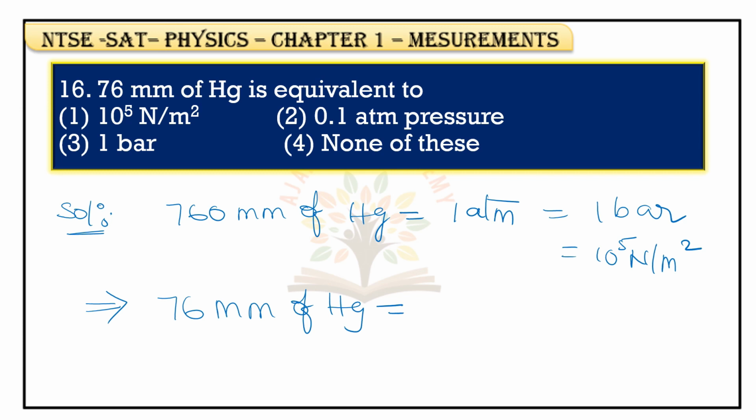from this we are writing here 1 atm, or this can be written as 1 by 10, or 0.1 atmospheric pressure. So 76 mm of Hg is equal to 0.1 atm pressure. Second option is correct. Okay. Next,